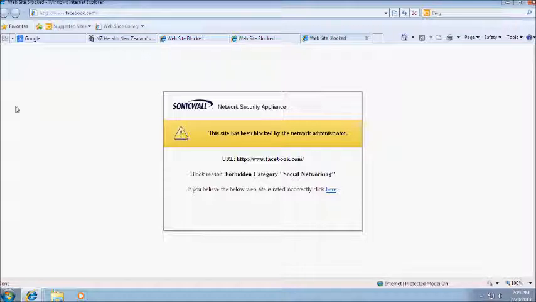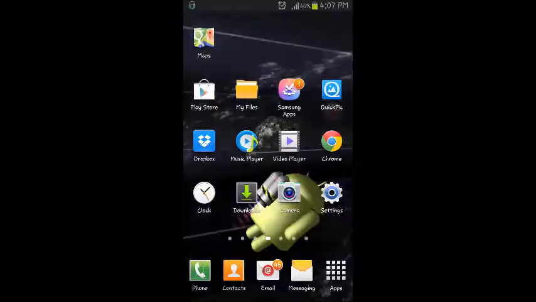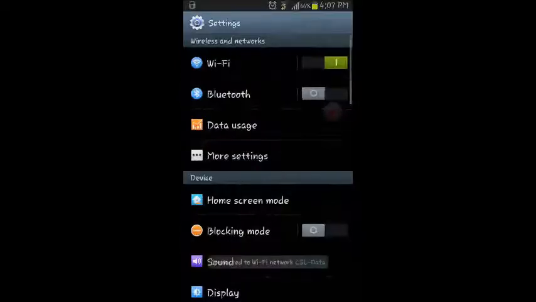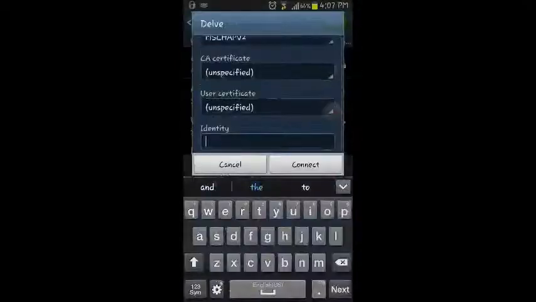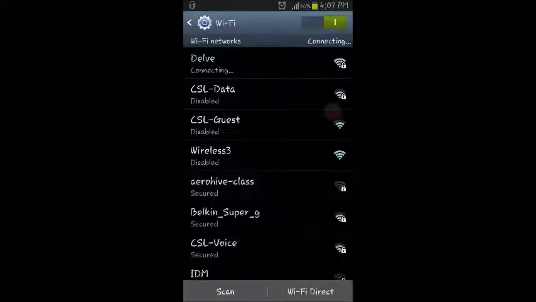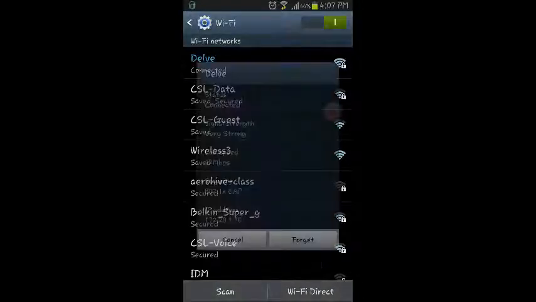So now we can demonstrate what happens in traditional networks when John brings in his own personal device and logs onto the corporate network using his username and password and tries to browse the internet. Now here you see John's personal Android device. He goes into the settings, the wireless and network settings, and tries to join the Delve corporate network. After entering his username and password and clicking connect, you'll see he authenticates onto the network and can view his IP address as